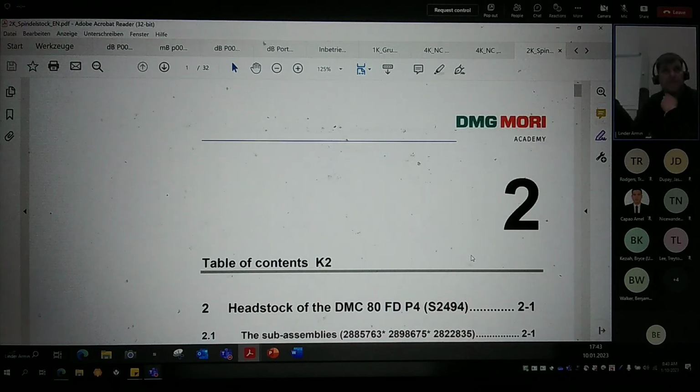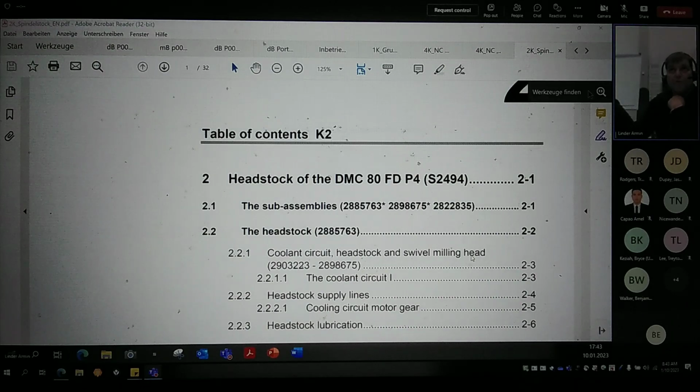So the next special thing on the dual block machine is